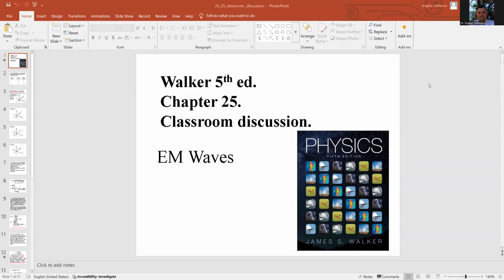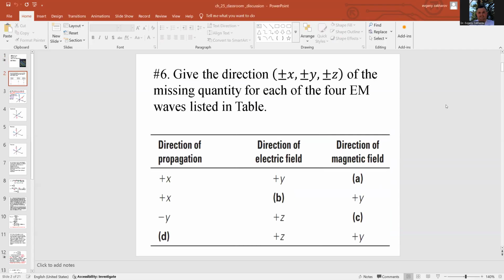Okay, let's solve a few problems on chapter 25, electromagnetic waves. The first problem is to give the direction of the missing quantity for each of the four waves listed in the table. So the general rule here is if you have the electric field and magnetic field given, then the